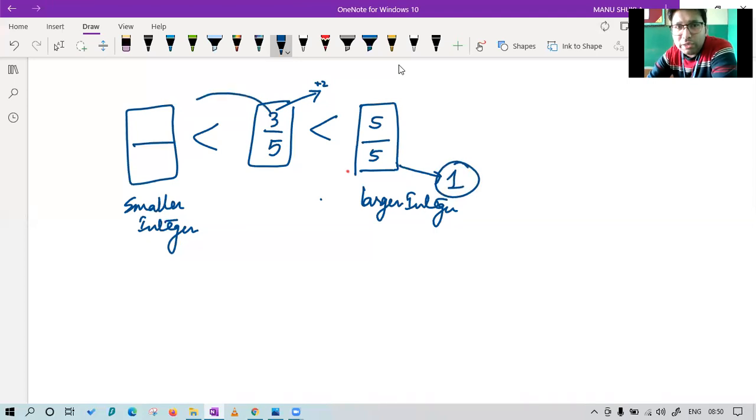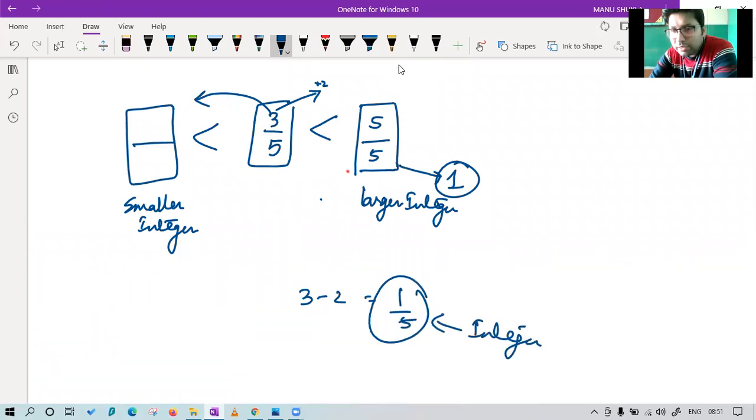Similarly, I have to decrease this 3 by how much, so that it can become perfectly divisible by 5? I have to decrease it by, yes, Rudra, very good. Abhinav, good. Harshul, no. You have to decrease it by 3 only, because if you decrease by 2, what will happen? It becomes 1 upon 5. Is it an integer? Please tell.